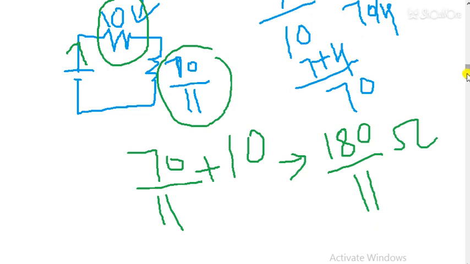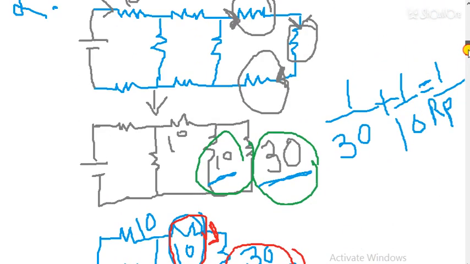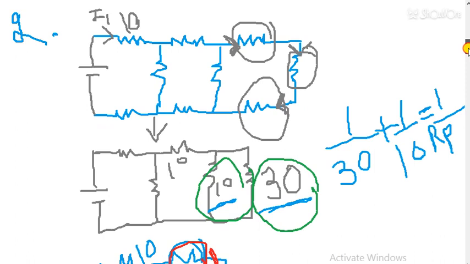So you can do it on your own also. These are the steps I have taken. You can pause it and note them down. Basically you have to start the question from the right hand side. If many resistances are connected and the points where you have to find the resistance are on the left side, then start solving the question from the opposite end.